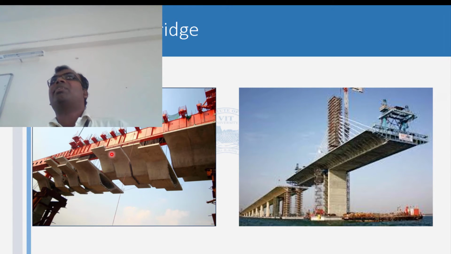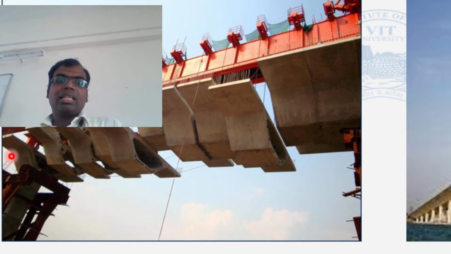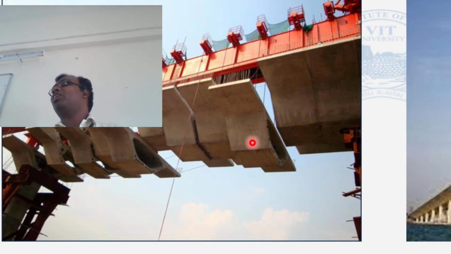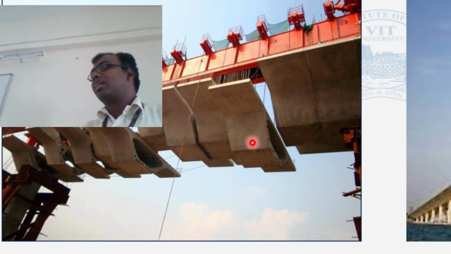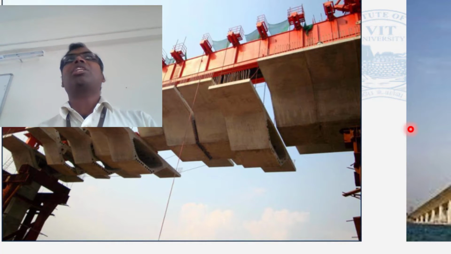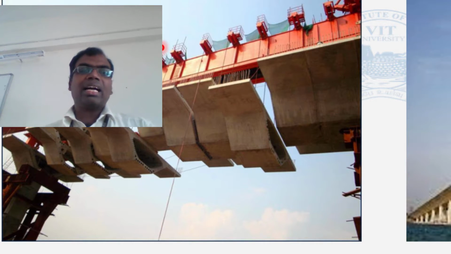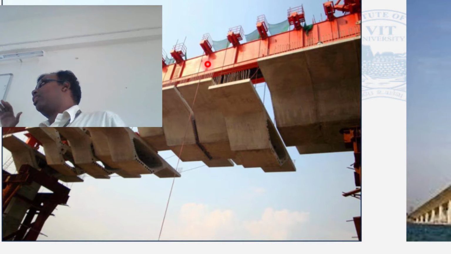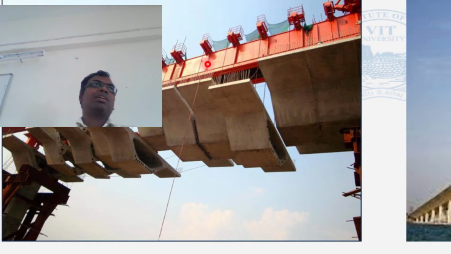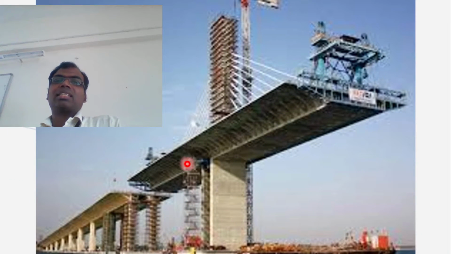I don't know how many of you have seen this sort of construction happening. This is very common where metro rails are being constructed. This is called a launching girder. They string up all these individual elements in a separate place. You don't have to wait 28 days where you have to support it or anything of that sort. The entire bridge doesn't cause any obstruction to the road below or any of the other activities. They just have this launching girder put up, and the launching girder goes along the length of the viaduct, and you get it done.